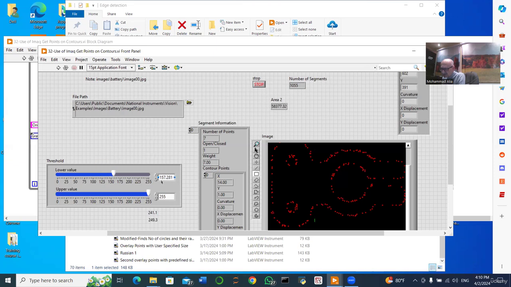I have made a digital display here to be more accurate. 241, this is 200, okay, very near. And this is 249. So it should be okay, like this. Now, if I run the program,